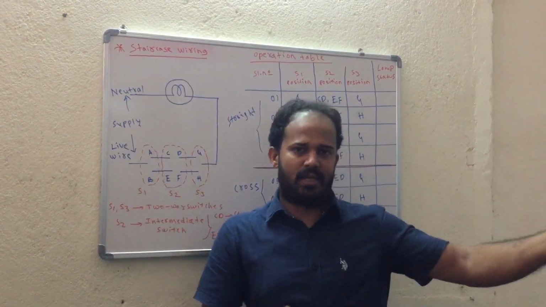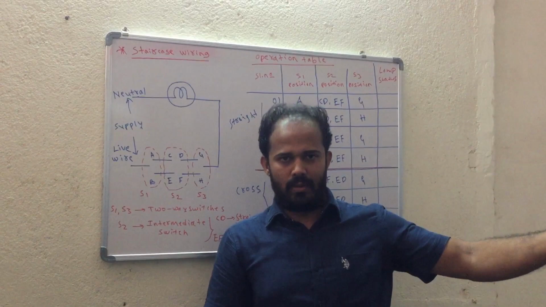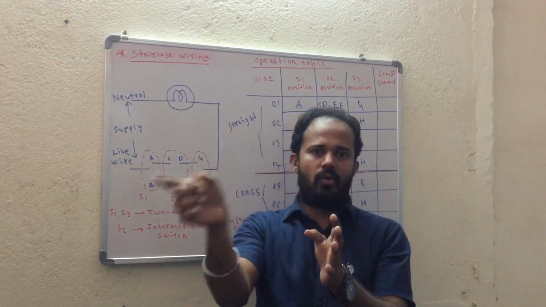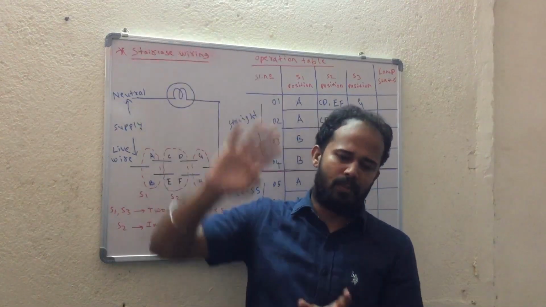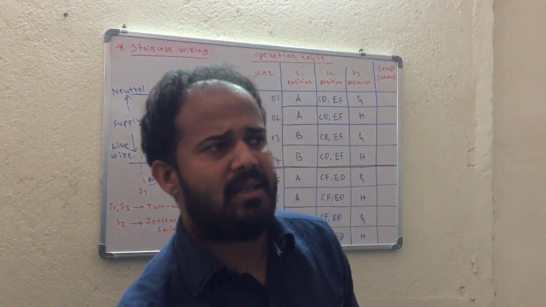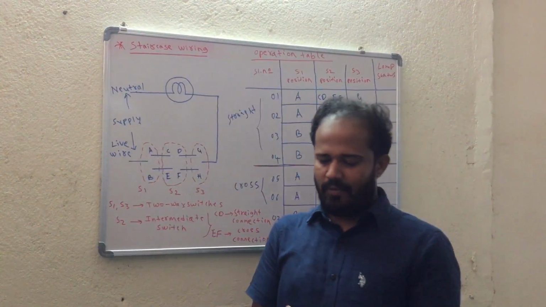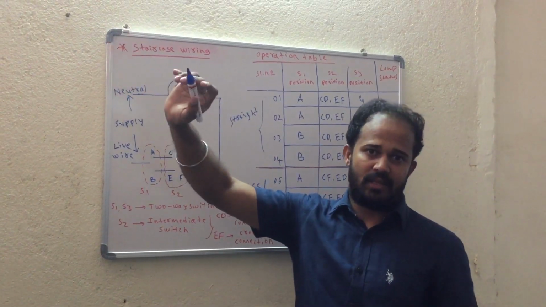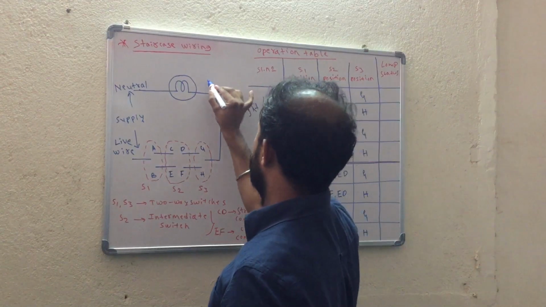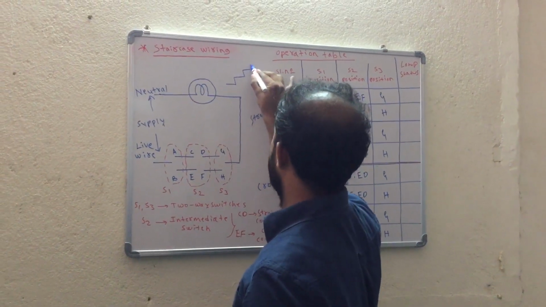Just like in the previous case we discussed two-way control, controlling one lamp from two different places, now we are controlling the same lamp from three different places. For example, when this case will arise is, if we have a home of two floors, then just like the previous case, if these are the stairs,